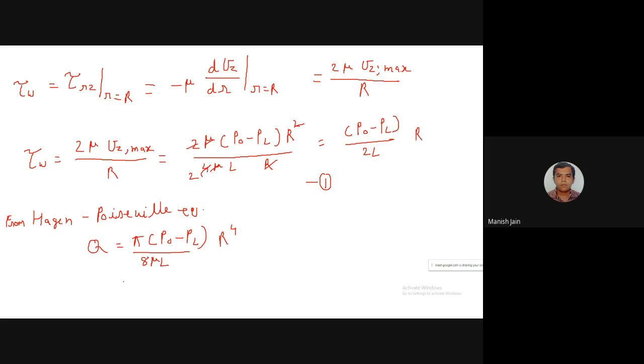The cross-sectional area of the tube or pipeline is pi R square. Okay, so just divide. The average velocity should be equal to